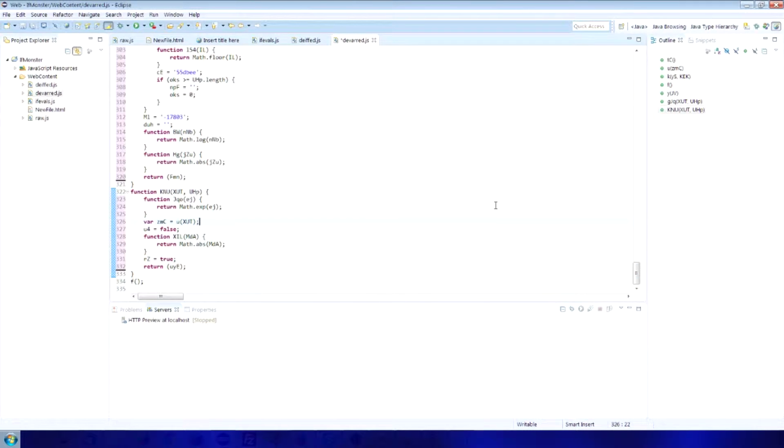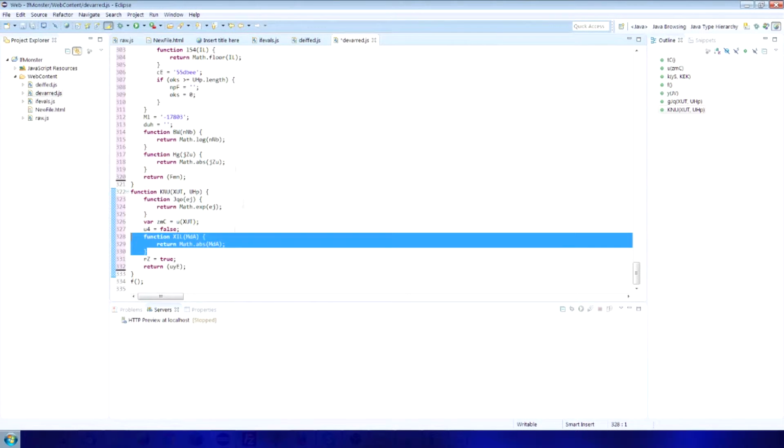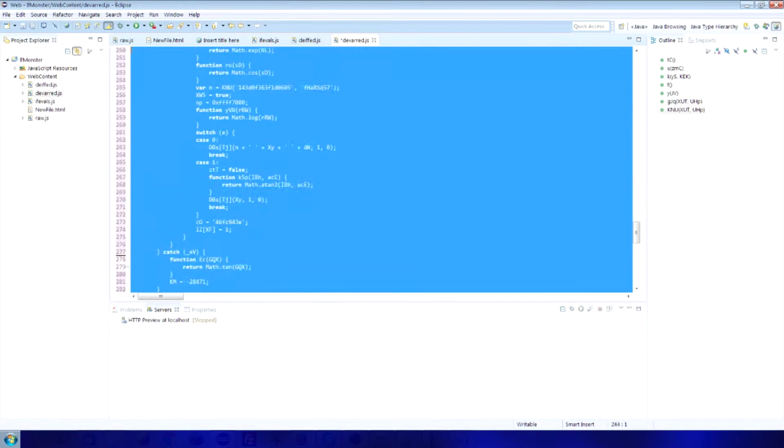Now, there was something that I did also notice as I went through, and that is they have an awful lot of these functions that will return a mathematical parameter back, and they're not used. I think that these functions are just the trash part. So let me now take this whole code